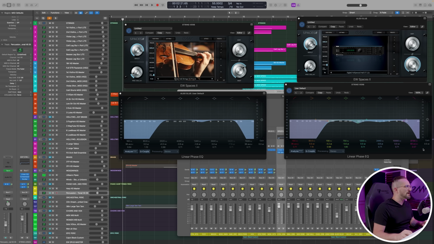All right, so let's start by talking about the string sustain reverb. And we're going to go ahead and just listen to the strings with the reverb for a few seconds so you can get an idea of what they sound like together. So I think this is a pretty middle of the road reverb setup. It's not super wet, it's not super dry.